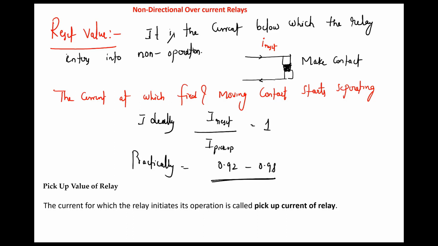So you can take the analogy from, if you remember, your power electronic thyristor. The current at which the thyristor starts conducting is called which current? What do you call that current? Latching current. The current at which the thyristor starts conducting is the latching current. For a conducting thyristor to again turn off, the current should be less than some current called holding current.